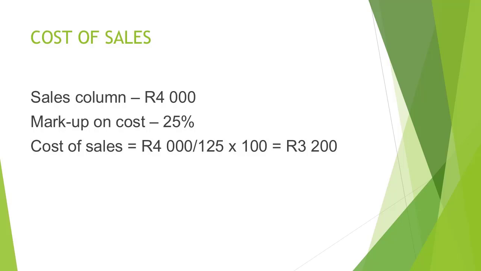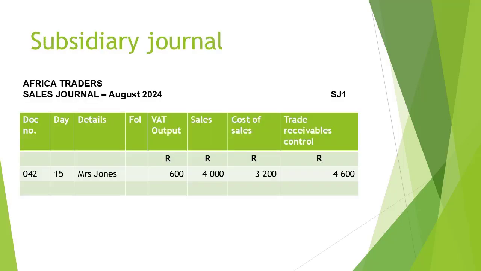To calculate the cost price, we take the selling price of R4,000 divided by 125 multiplied by 100. Therefore, the amount to be recorded in the cost of sales column is R3,200. If we now go back to our sales journal, we record the R3,200 in the cost of sales